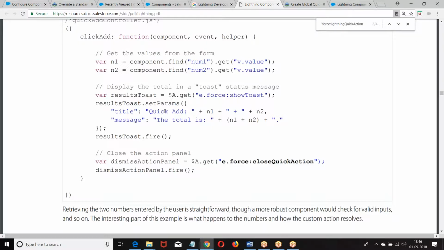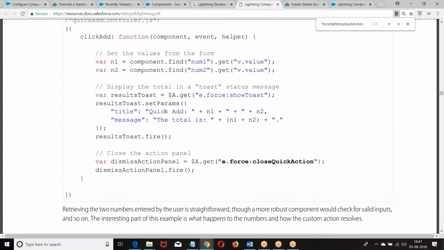So what was that? If it is an application level event, how do you give it? $A dot get. Then the application level event, E dot namespace. If it is a custom namespace, where you define the namespace, then we have used C. Now this is a standard action which is defined under force.